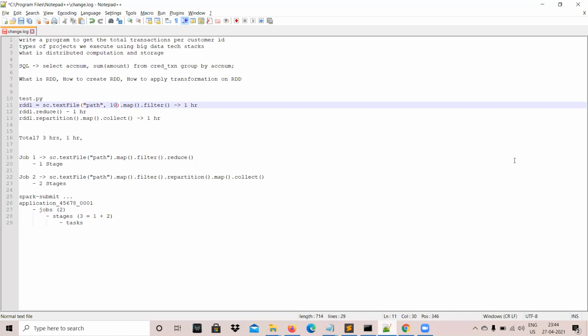And the transformations are again further divided into 2 types. Transformations are nothing but the functions which return an RDD. Again, these are of 2 types. Some functions are one-to-one transformations, pretty straightforward, like map, filter, and all. Every time you apply a map or filter function, the function you're passing as a parameter will be applied on one record at a time without looking at other records, because these are completely independent.